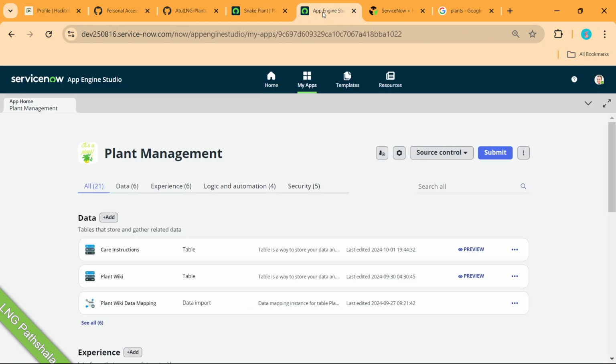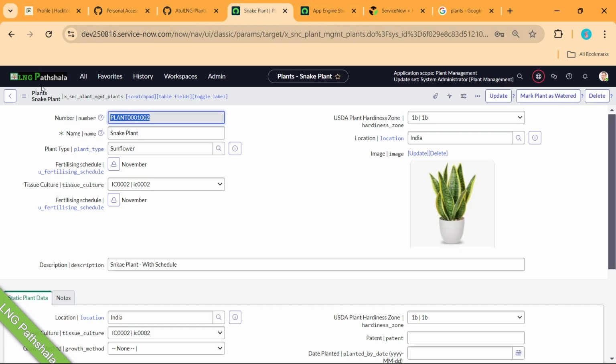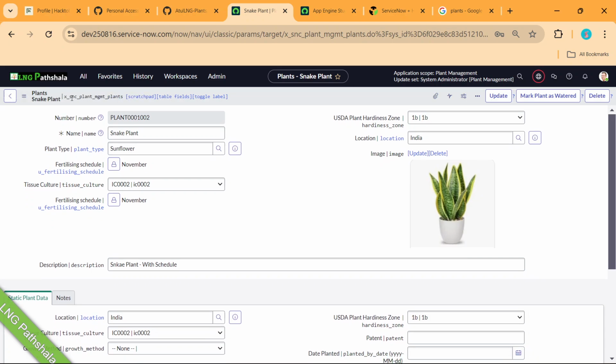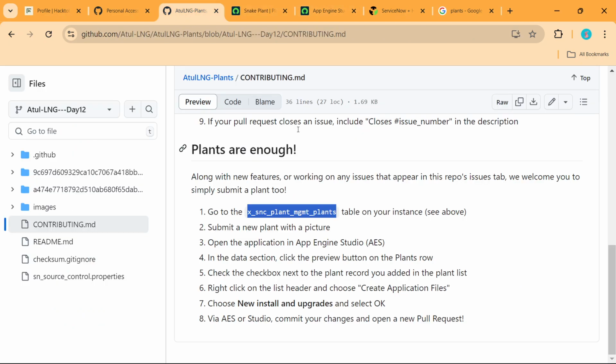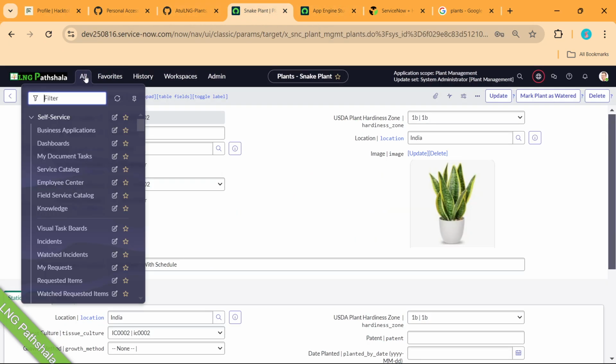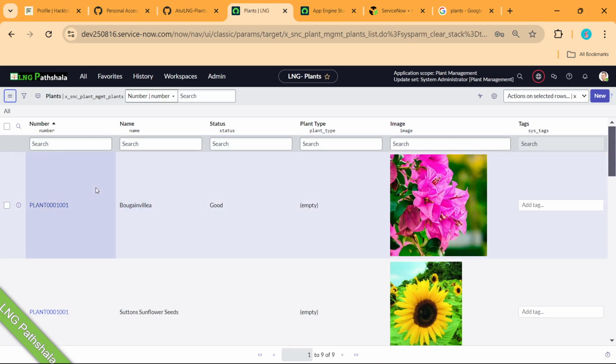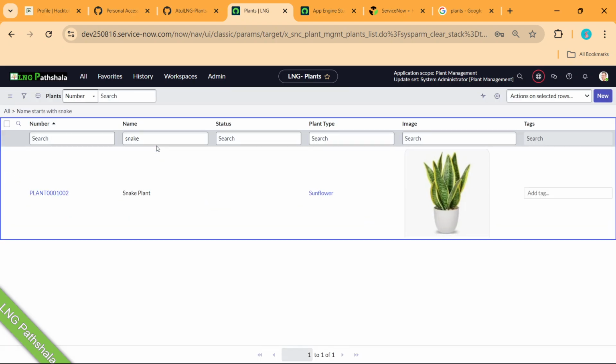Now go back to App Engine Studio. Sorry, go back to this part and open this table again. Let me go to this one, copy and list. What is the name? It's snake plant.